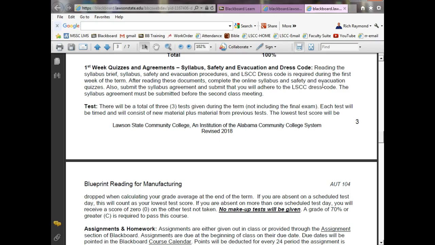Everybody okay so far? There'll be 3 tests given. So what you're going to do is read the syllabus. You got your brief. You're going to read the syllabus, and like I was telling the class in AUT 104, currently there's not an instructor assigned to the course because we had one of our full-time instructors quit last semester. I think that Mr. Willie Fox is supposed to teach the class, but if not,